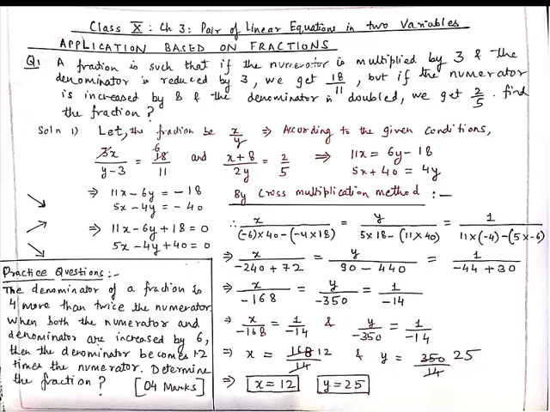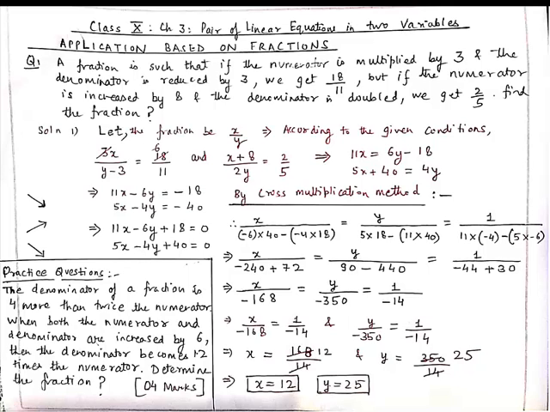So our first step is to make the pair of linear equations in the form of a1x plus b1y plus c1 is equal to 0. So our first linear equation is 11x minus 6y plus 18 equal to 0, and 5x minus 4y plus 40 is equal to 0. Now in the cross multiplication method, as you all know, first we will multiply from upward to downward. So x upon, and we will hide the x variable completely. So x upon minus 6 into 40 minus, and we will put a bracket, minus 4 into 18,